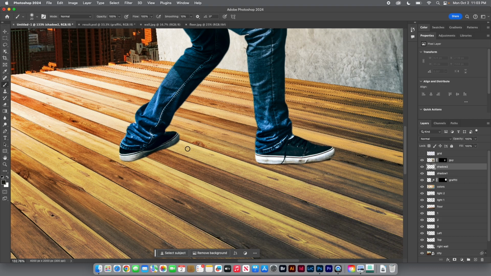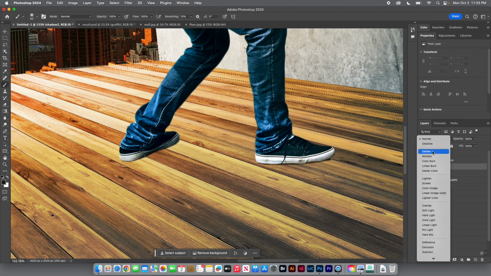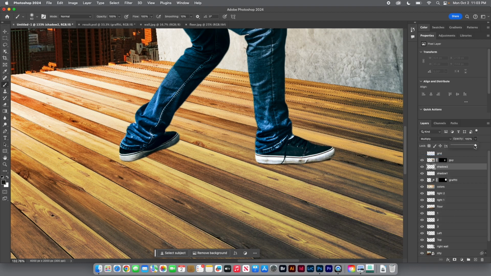Okay, and this second one, I am going to increase the size of my brush. Still this in multiply, but I'm going to reduce the opacity a little bit. Okay, and with the brush, I'm going to reduce the flow. Here, what the flow means is, if I paint one time, second time, third time, you have more of that tint. Okay, and I am going to start painting here. It's in this part, let's say you can see the shadow on that part, trying to add more close to the